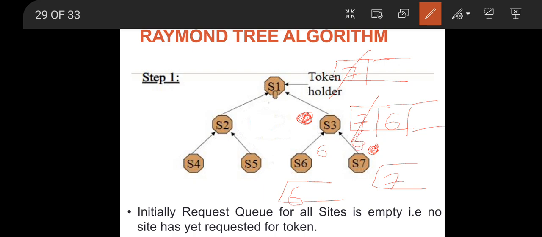So S7 has got the token, so it will be entering the critical section. Along with that, it is also receiving the request message of S6 which S3 had saved previously. So that means 6 will go into the request queue of S7. When S7 finishes the execution of CS, the topmost entry, that is 6, will be removed, and then